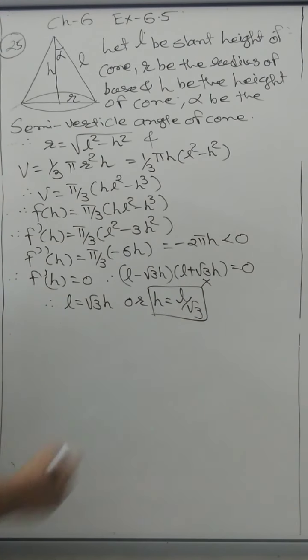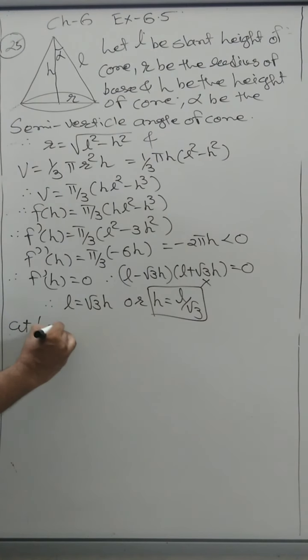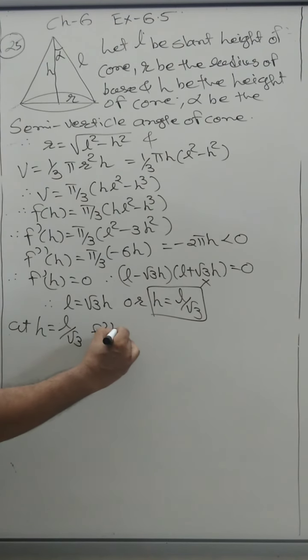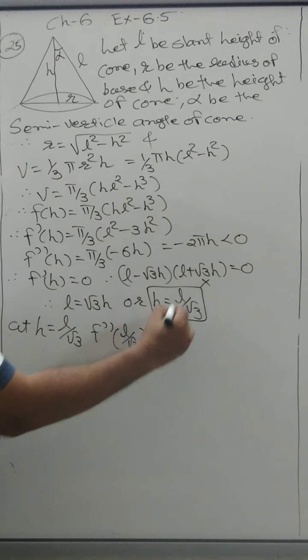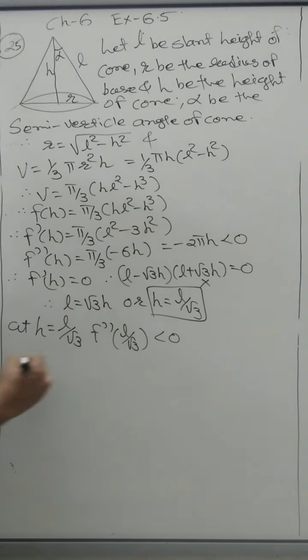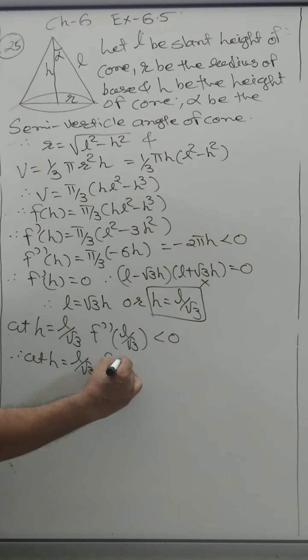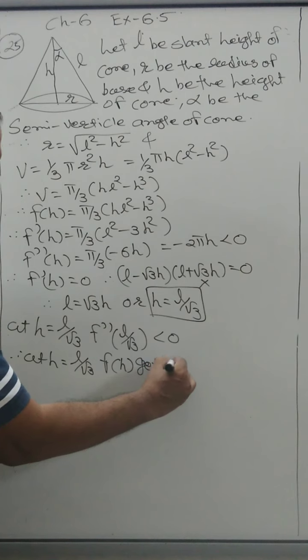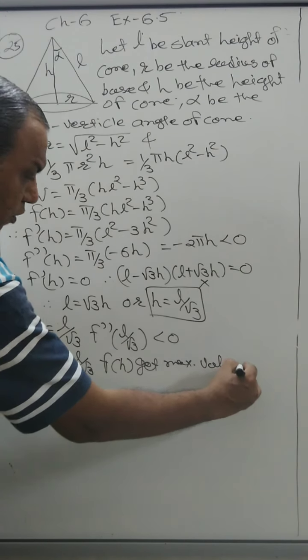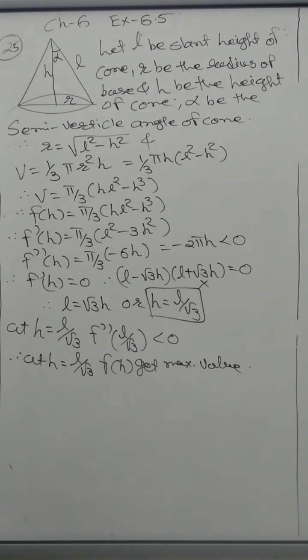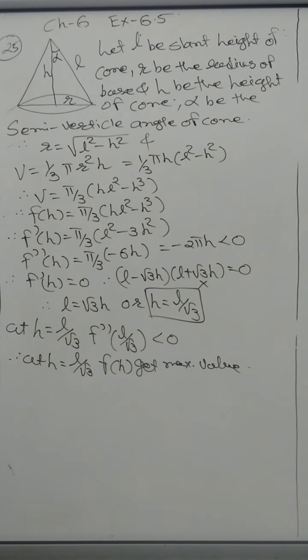Now this h is equal to L upon root 3 is obtained. At h equal to L by root 3, f double dash of L upon root 3 would be less than 0. Therefore, at h equal to L by root 3, f(h) gets its maximum value. Okay, now up to here you know. Now h equal to L upon root 3, and we want to just find tan alpha. Okay, so what we do, first of all,